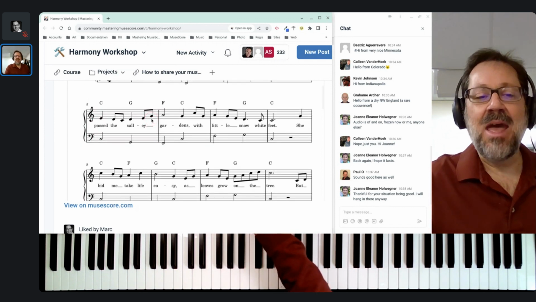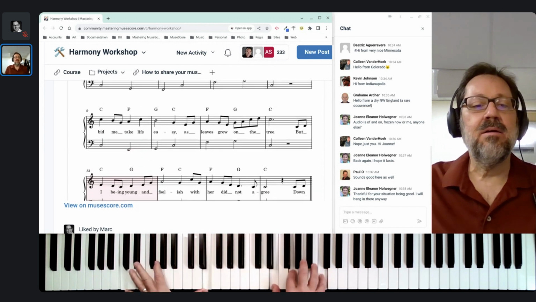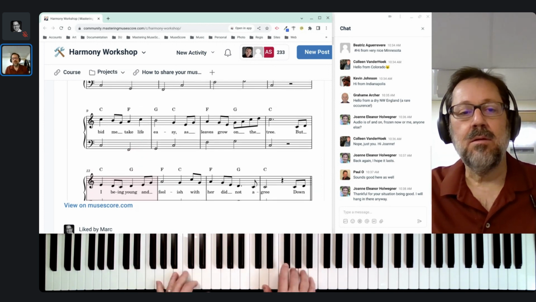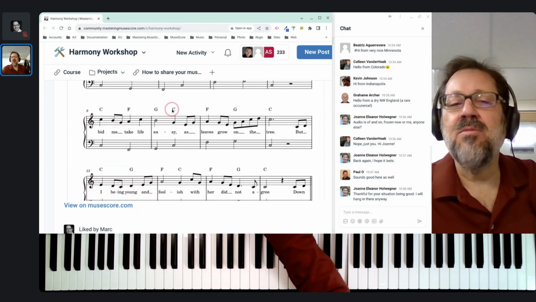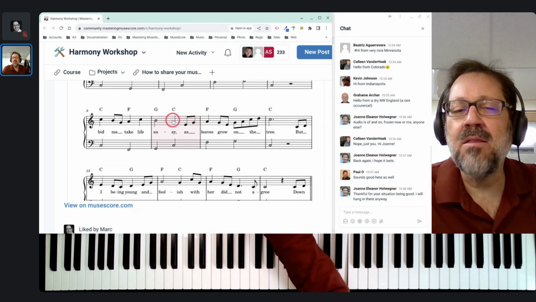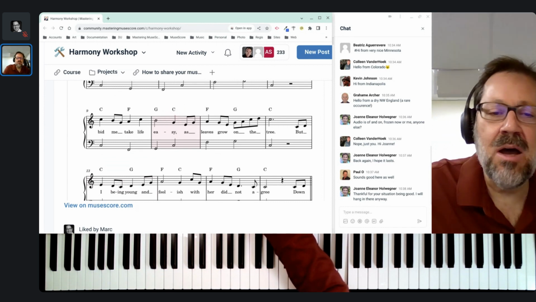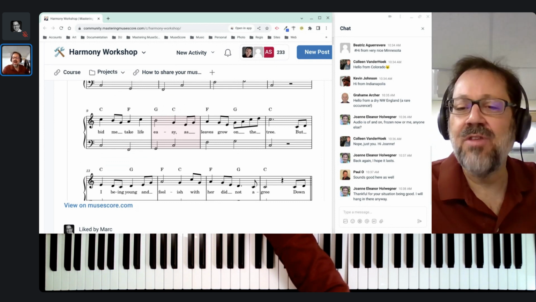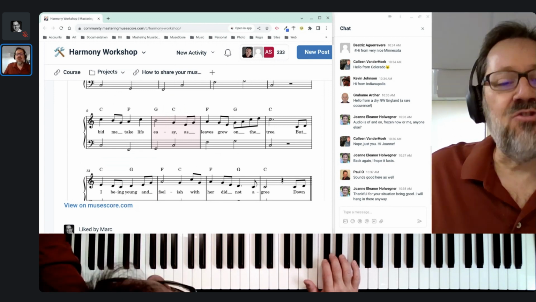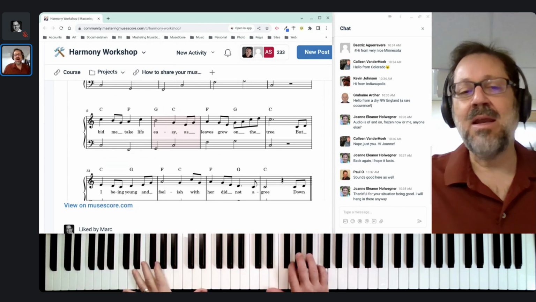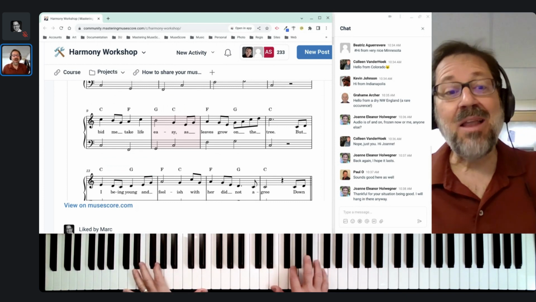This is basically an AABA form, and that B phrase, my question really is about coming back to the 1 in the middle of the phrase and whether that's the best place to come to or whether there's something else that can happen. And the thing is, not knowing this song, I don't know the standard harmonizations. But I'll tell you what I'm thinking right now. If I can make that be a 3 chord instead, maybe I'll like that.